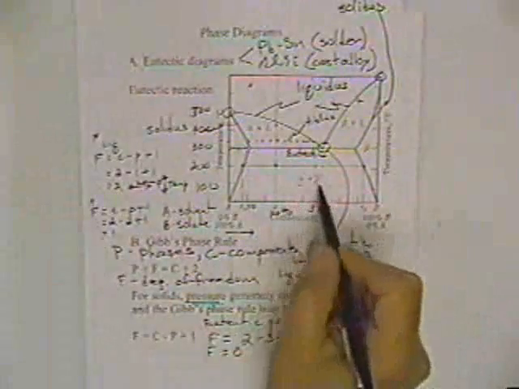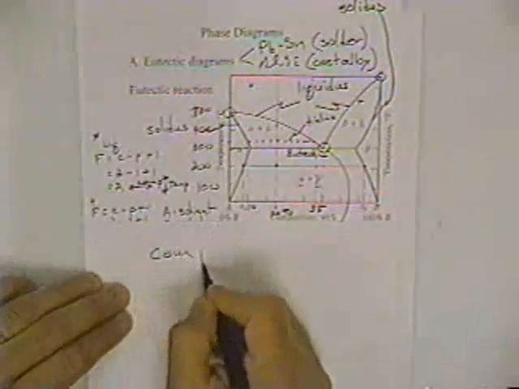Let's go down to the solid line that is shown on the diagram that we have right here, and we'll use this point right here. Now it's going to be exactly identical to what we did. The two phases that we have are alpha and beta. So we can ask ourselves, composition,